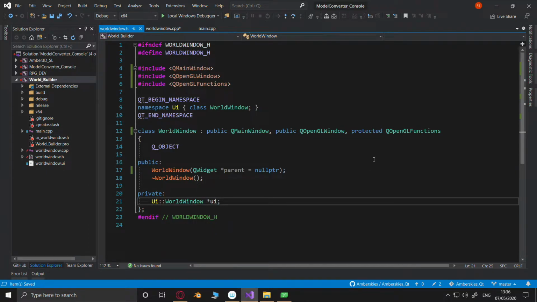That's got to be the most over-inherited world window I've ever seen. It's just, I'd like to get rid of that bit.